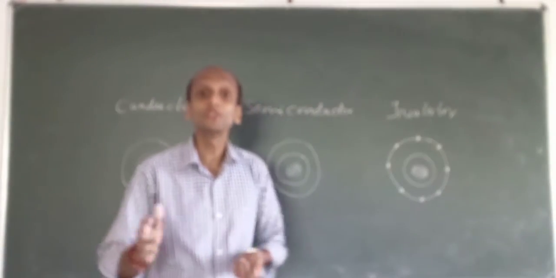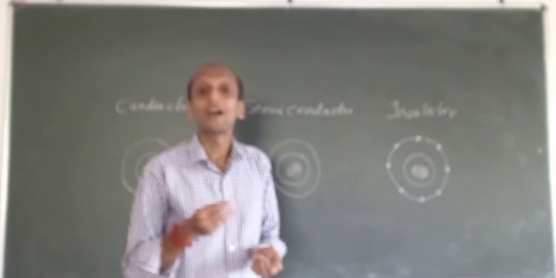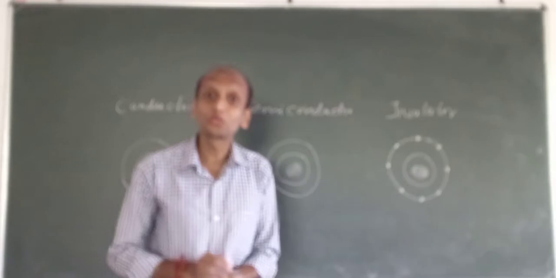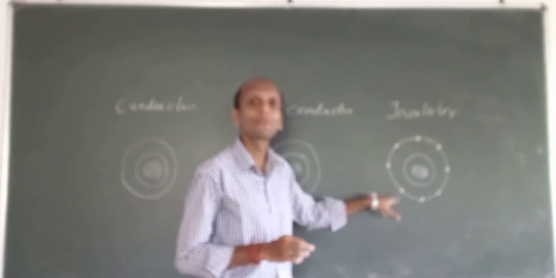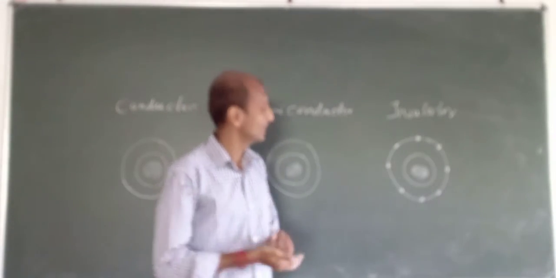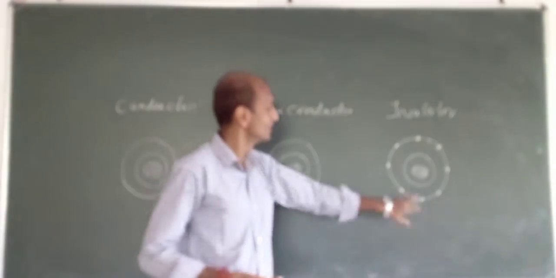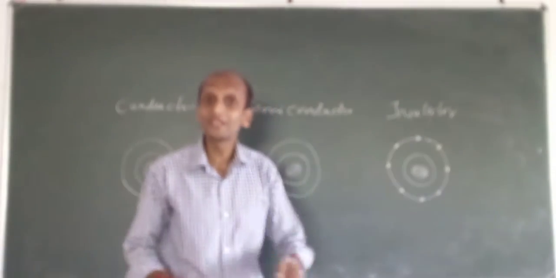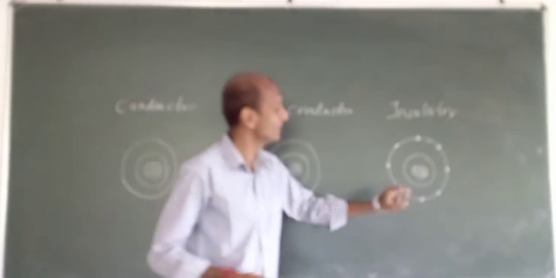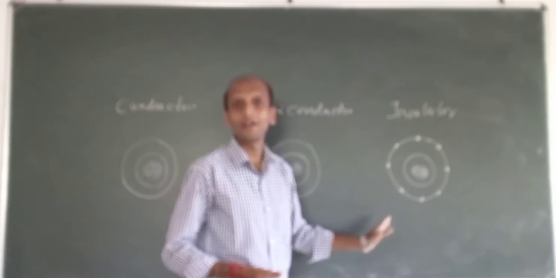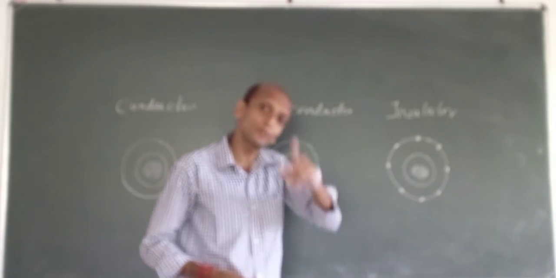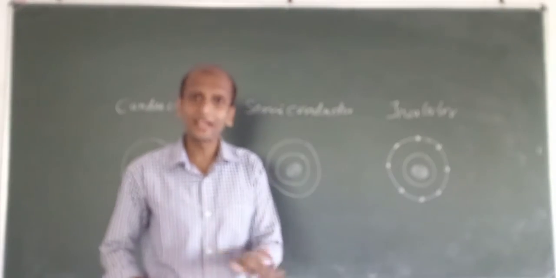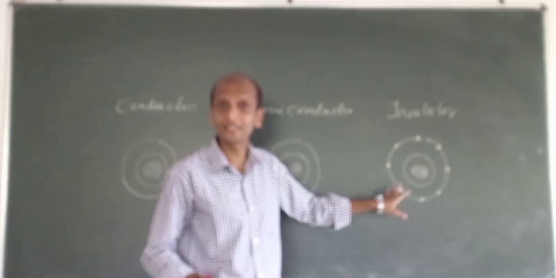Here there is no charge coming and sitting. So there is no vacancy for the charge to come and sit. So this is how the charges flow is here. For that reason, your outermost orbit is full. So there is no place for some charge to come and sit here, because the maximum number of electrons possible on the outermost orbit or valence orbit is 8, which means it is done. A 9th electron can't sit here.